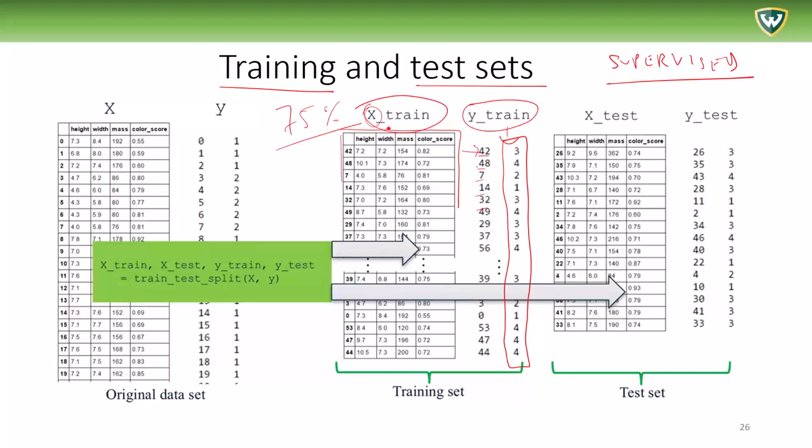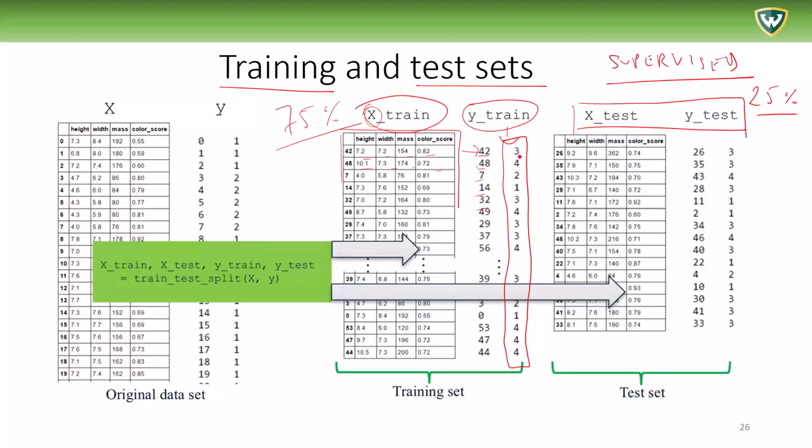So we have the X train and the Y train, and then we also have another, usually generally 25%, but you can decide on the split. It can be 80-20, 70-30, and so on, which is the test, what we call the test set. And the test set is the part of the data that we will not show the trained model. So the trained model is only going to use this data to associate all of these characteristics with particular labels,